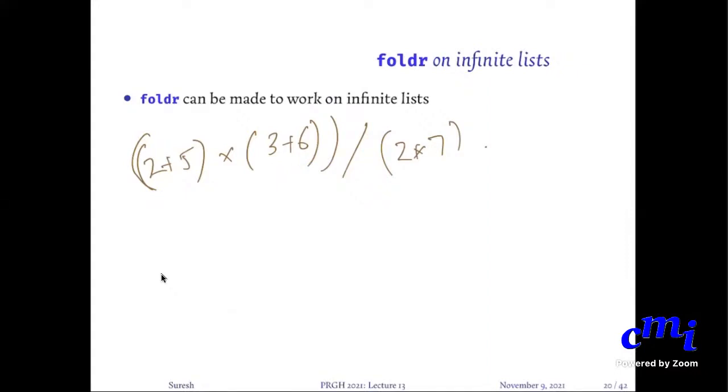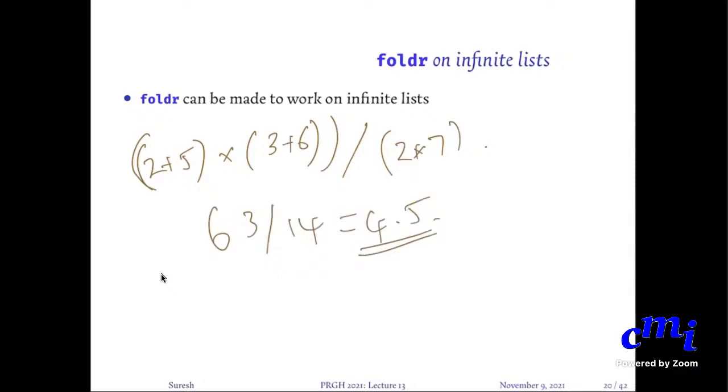But multiplication also requires fully evaluated arguments. So let me evaluate this, and then it will get 7, and then it will get 9, and then it will multiply. It will get 63, and then it will do 14, and then it will divide 63 by 14. And then that will be whatever it is, 4.5. So this is what it will do. That is what Haskell will normally do.